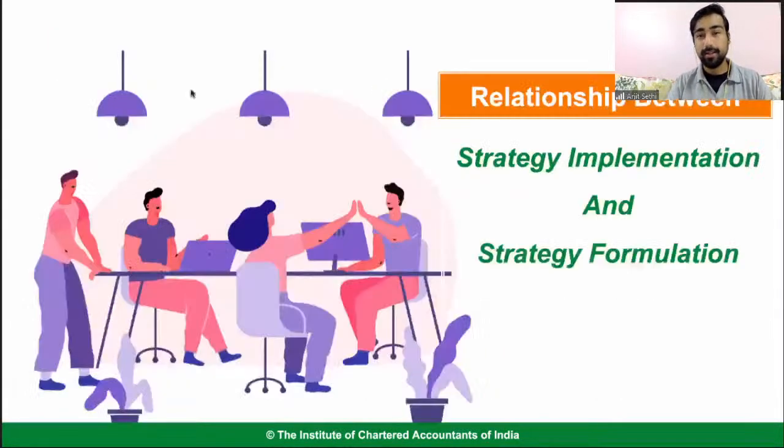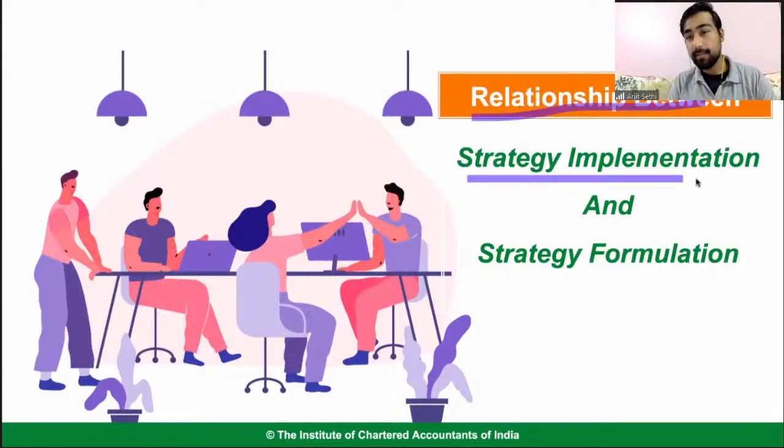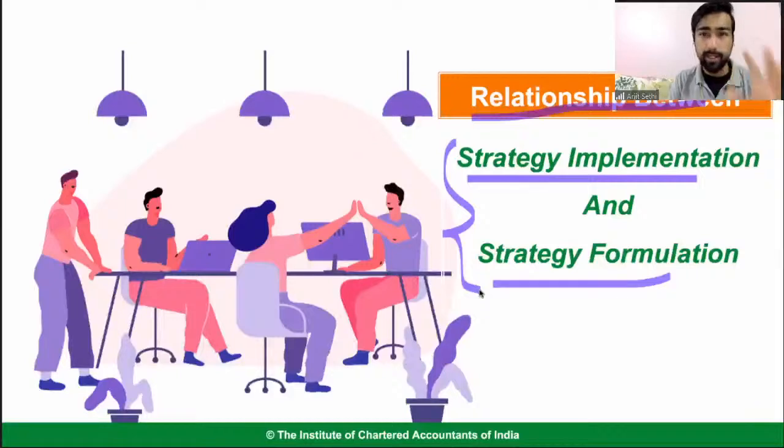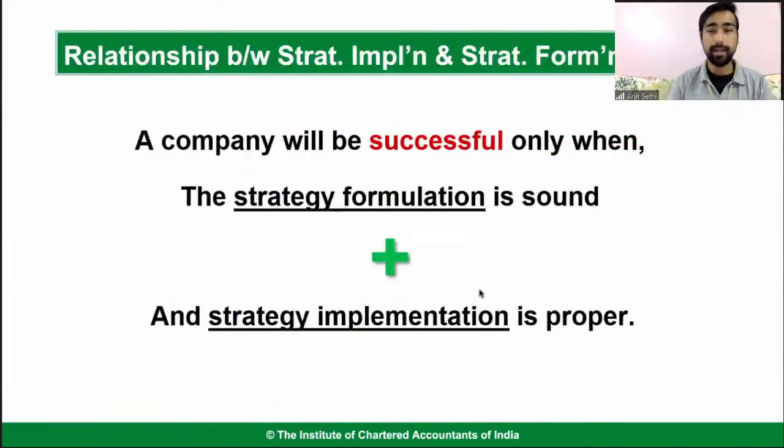Okay, cool. Now let us understand the relationship between your strategy implementation and formulation, right? That is what I told you. In simple words, it should be practical, it should be feasible, it should be acceptable. You shouldn't try to be too much of a hero. When you're formulating a strategy, you shouldn't try to be too much of a hero. You should be practical. You should be feasible. It should be doable by the company, right? Let us understand this in depth very quickly.